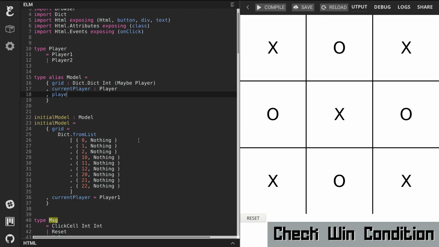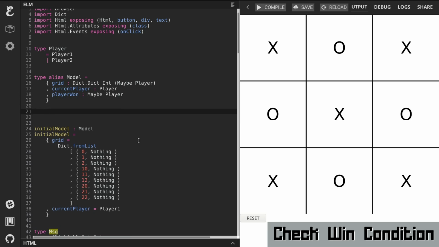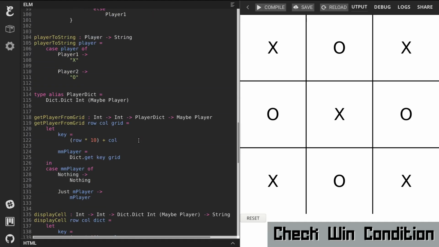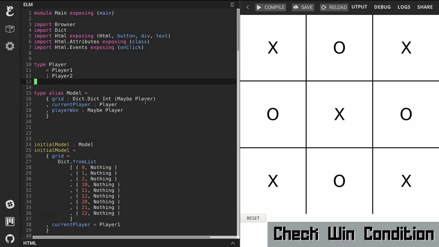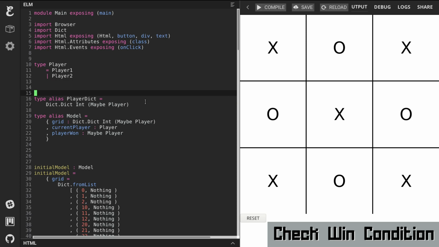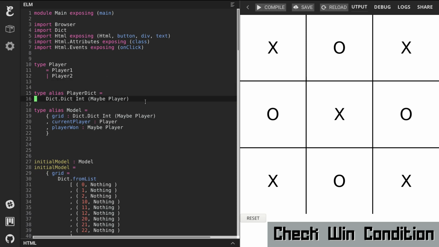Player, so we want to know who won, right? So player won. It's going to be another maybe player. Okay, and what's this going to take? We need to know, we're going to have to pass in this player thing. Let's put this at the top here. Yeah, so we're going to have to pass in a